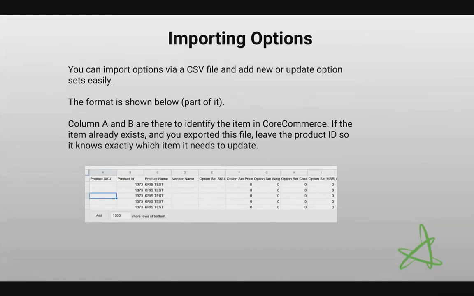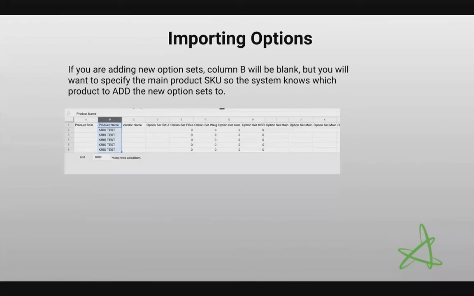And the first two columns are very important depending on what you want to do. So, the product SKU, of course, is the SKU of the item itself, and then there's the product ID. On the next screen, we'll start getting into what some of that means. So if you're adding new option sets, the product ID won't exist, right? Because you haven't created them yet. So there won't be anything for you to put in that column, and therefore it'll be blank, so you